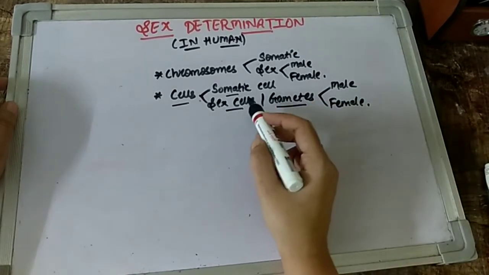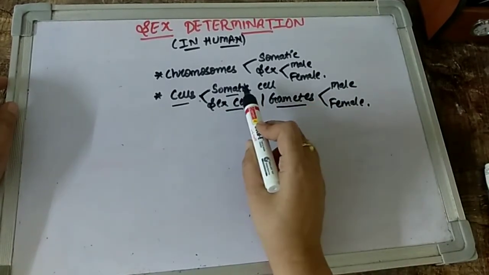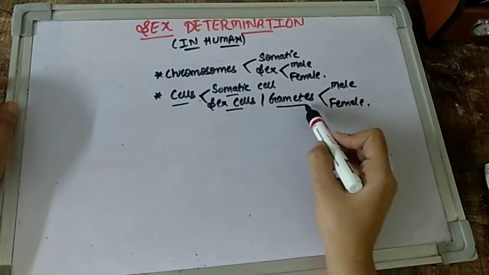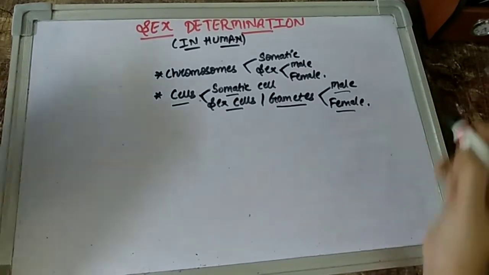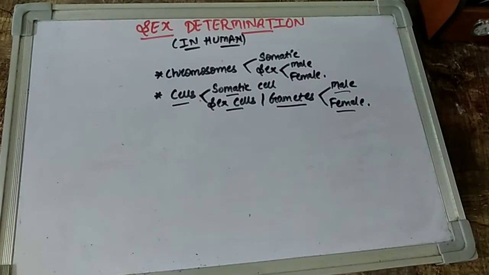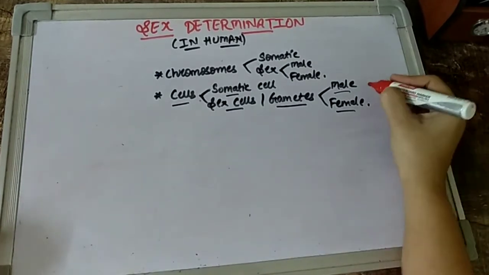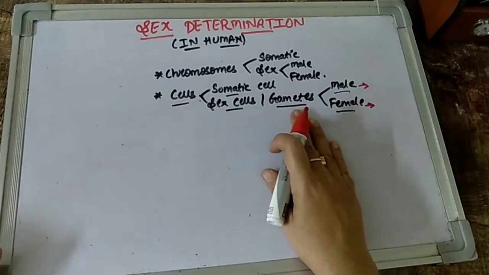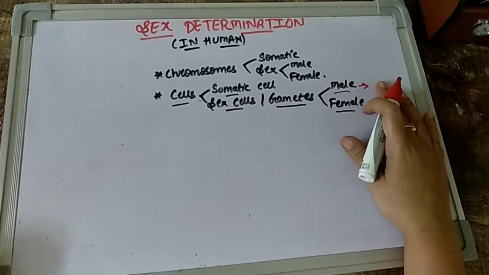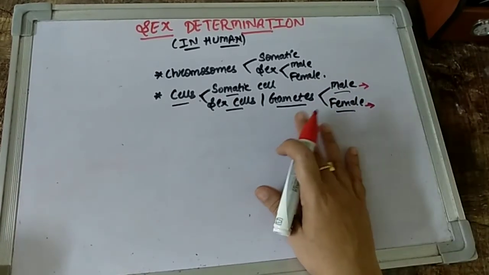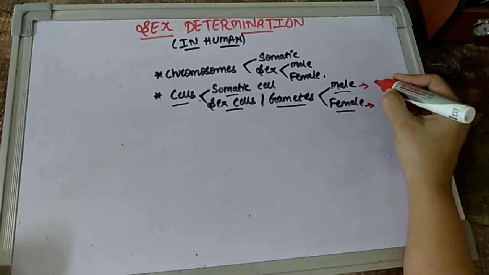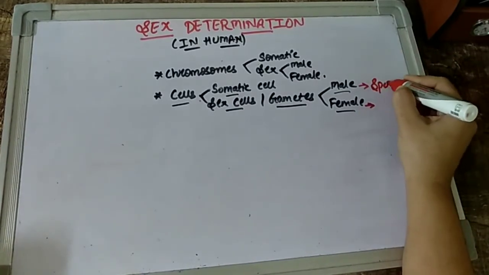Okay. So as I said, we have two types of cells, the body cells or the somatic cells, and then the sex cells or the gametes, right? And these gametes are different in humans when it comes to male and female. So I think all of you can answer if I ask, what is the name of the gamete or the sex cell when it comes to male, children? Many of you get confused and write testis. That's actually wrong. Testis is the main organ in males which produces the gamete. But what is the name of the gamete that the testis produces? The testis produces the gamete known as sperm.